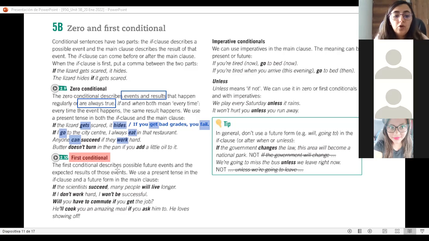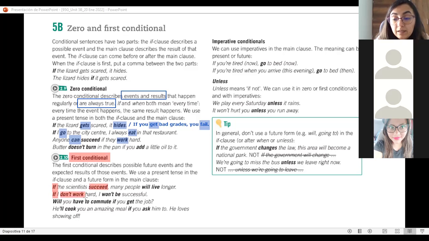Aquí ya tenemos cuál es la fórmula. ¿Sí? Este first conditional siempre se utiliza, look at this, cuando tienen la if clause, es decir, la cláusula o la oración de la condición, it's gonna be in present tense, va a estar en presente.